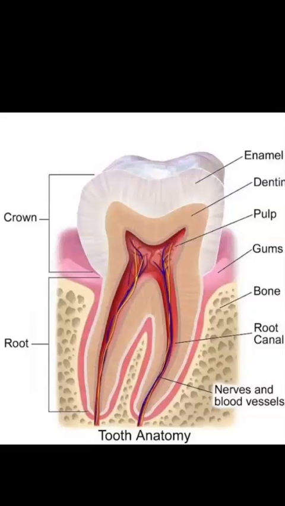And for cleaning and shaping of the root canal system, we are using root canal therapy, and three-dimensional obturation to prevent reinfection. So what is three-dimensional obturation? This is the picture of canals filled with gutta percha. This is the obturation. We will remove the infected pulp, after that we will file the tooth, clean the tooth, and after that we will use obturating material to seal the canal. It is three-dimensional obturation, not one-dimensional obturation. So these are the objectives of the root canal therapy.